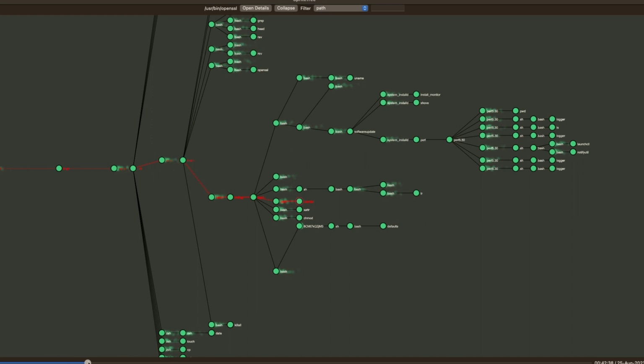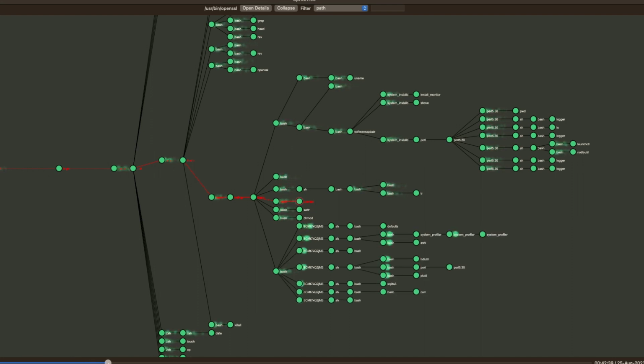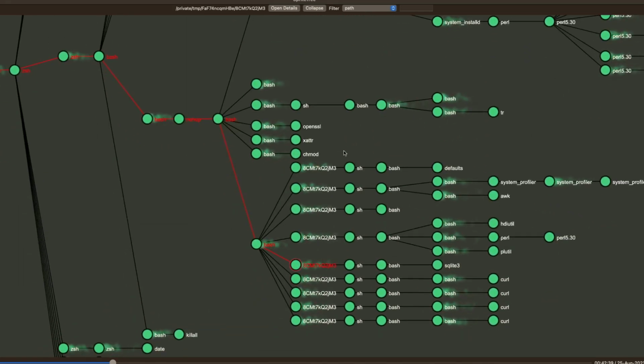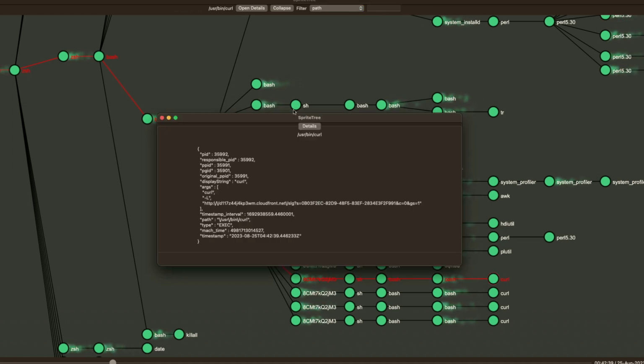So as we continue to drag this timeline just a little bit further, sure enough, as expected, we see the execution of the decrypted binary take place. And what does this decrypted binary do? Well, it's going to do a lot of things in order to grab URLs it wants to reach out to. Once it has those URLs, it's going to download even more payloads, of course, using the curl command.